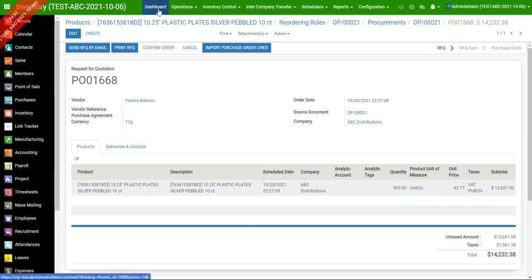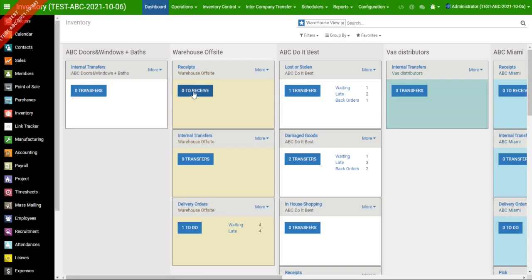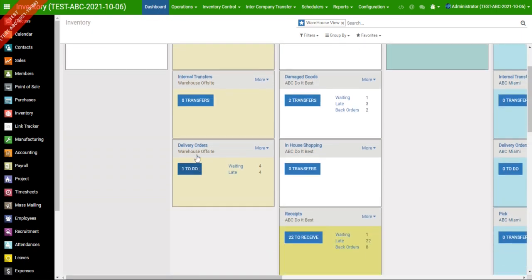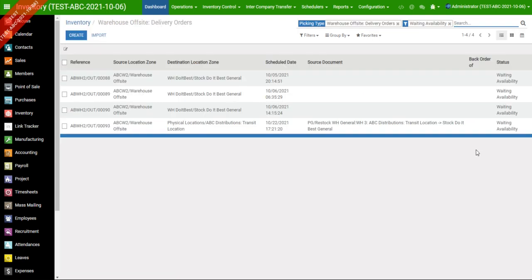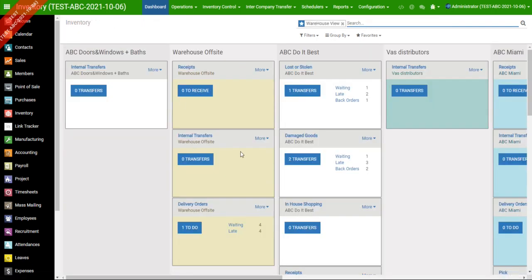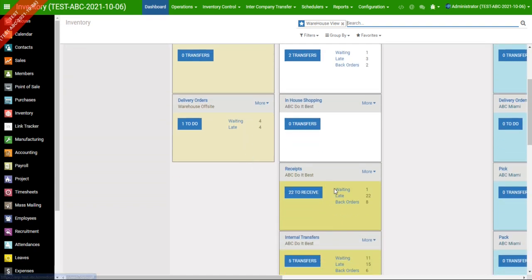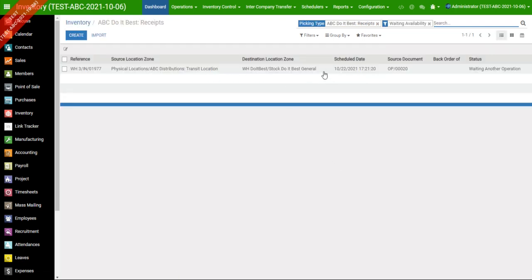Now we need to come back here to our dashboard and check what's going on. On the warehouse offsite, we have waiting, we have 4 transactions, 1 to do. One of these waiting transactions is the one that we just created. So someone at the warehouse offsite needs to be processing these and validating these once the items are available. If we go back, we see that here in the receipts at the general warehouse, we have the other waiting transaction, which is this one, right? Also,